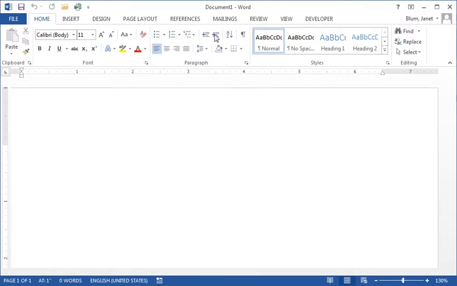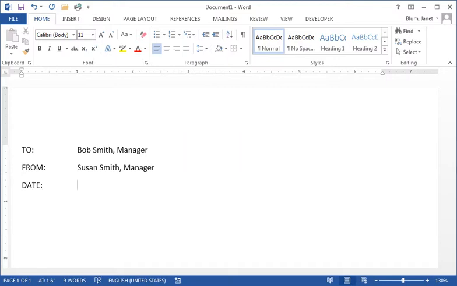Now we all remember in our memos we're going to start with the guide word TO in capital letters, colon, press the tab key twice, type who the memo is to, and if you're provided with their job title you can type that as well. Enter once, type the next guide word FROM, colon, tab twice, type who the memo's from if you're typing this for someone else, and you can go ahead and type their job title,